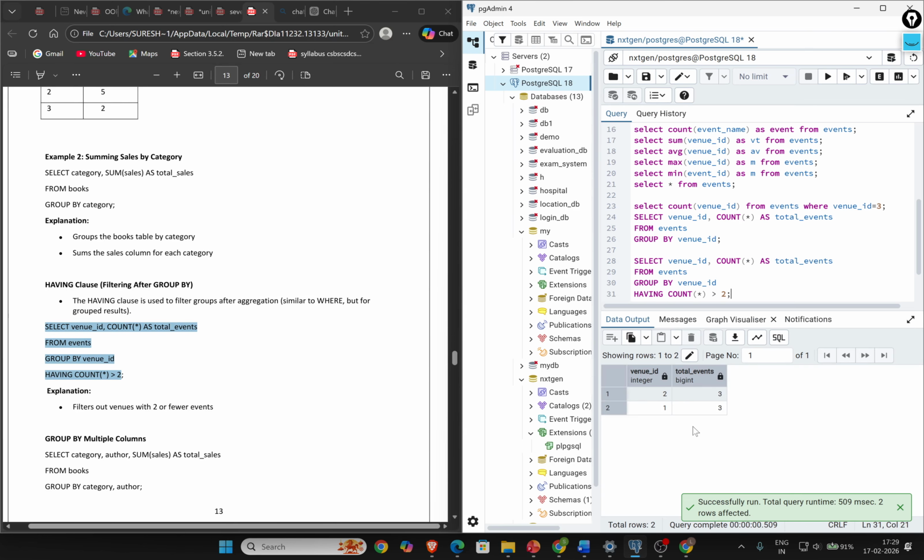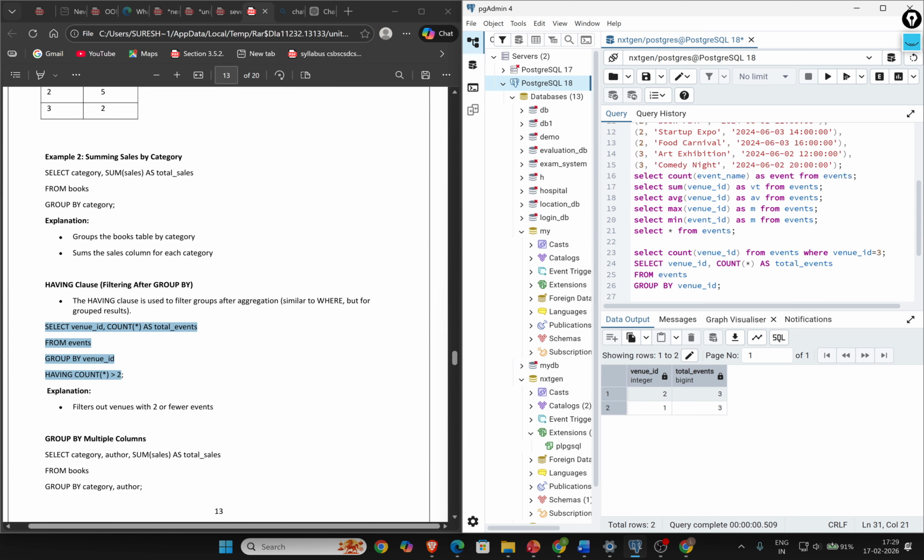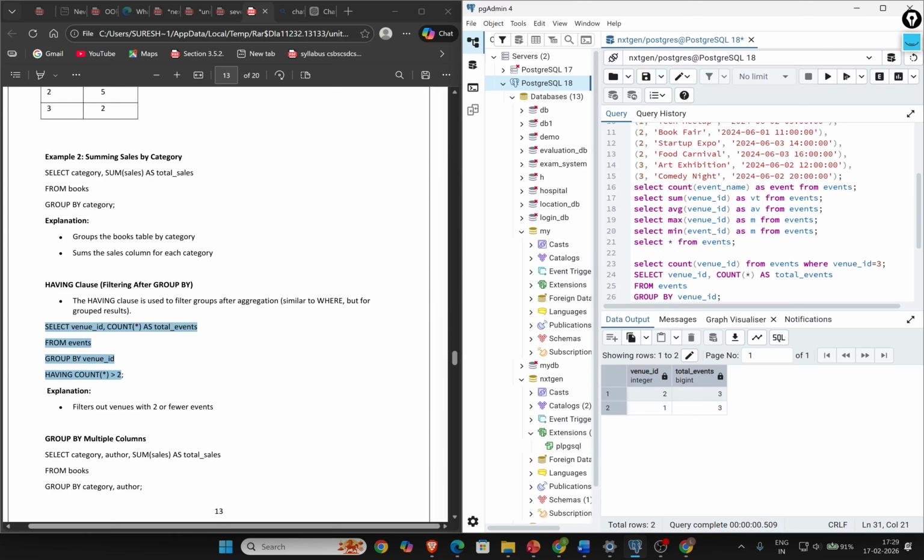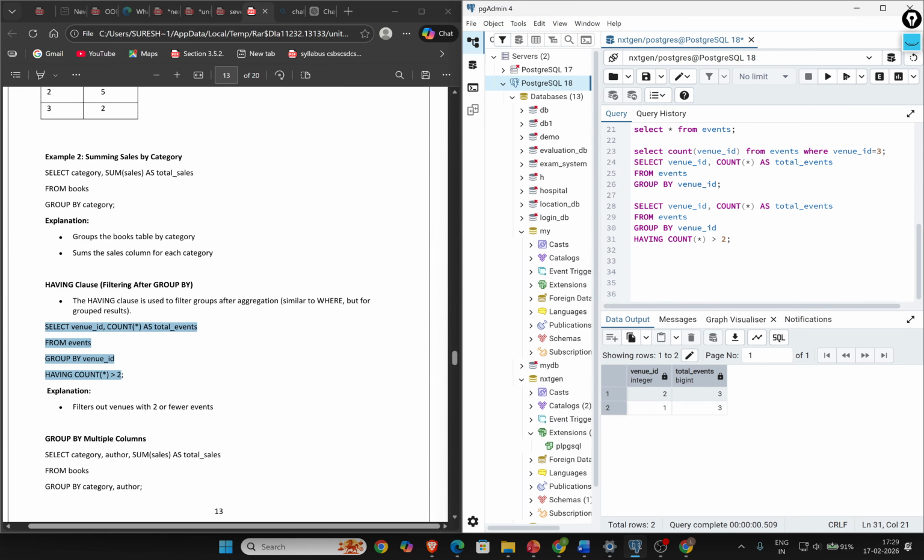See what we got. The query has eliminated venue ID 3, because the HAVING clause tells us to give only counts greater than 2. So venue ID 2 and 1 have values greater than 2, and this gives us the result. So that is our simple GROUP BY function. Using GROUP BY functions we can use